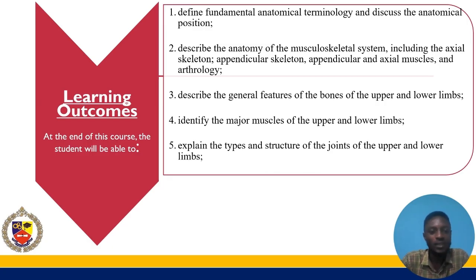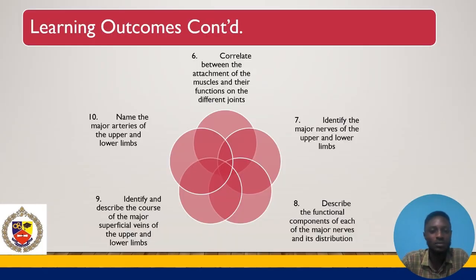Within the context of this course content, at the end of this class, we are expected to be able to define the fundamental anatomical terminology and discuss the anatomical position; describe the anatomy of the musculoskeletal system, including the axial skeleton, appendicular skeleton, appendicular and axial muscles, and arthrology; describe the general features of the bones of the upper and lower limbs; identify the major muscles of the upper and lower limbs; explain the types and structure of the joints of the upper and lower limbs;